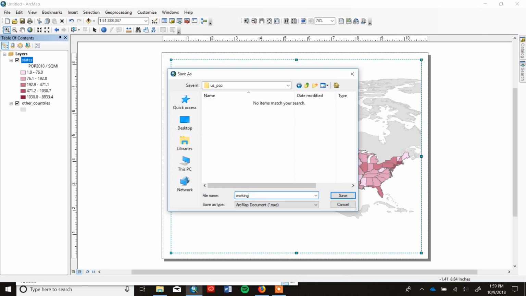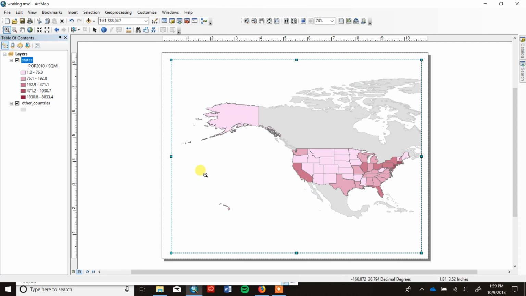Let's call this working. I'm not really doing anything with it. Okay, so that's saved. We're happy. You'll play around with that stuff. Now, the other thing that we need to do is fix this issue of Hawaii and Alaska being in the